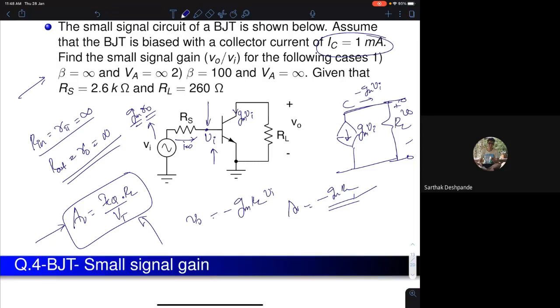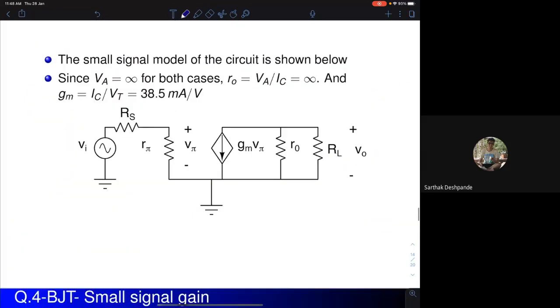Now if you see this gain, your actual gain is a function of the quiescent collector current. You increase the collector current, you get a larger gain out of it. So this is another important point, just keep in mind, whenever you have a load resistance, your gain will depend on the current as well. So that's tutorial question number 4. The second part is very trivial. You find out R pi, and then you can calculate it with the values given to you. I just derived this problem fully. From this model, we just saw how to calculate the voltage gain. I gave you the expression. You can calculate it yourself.